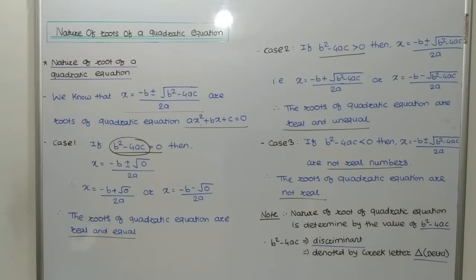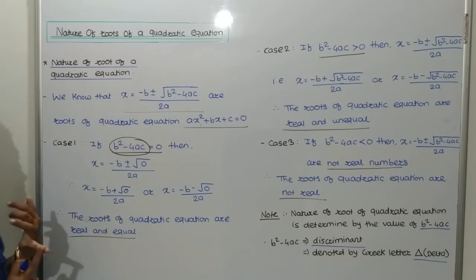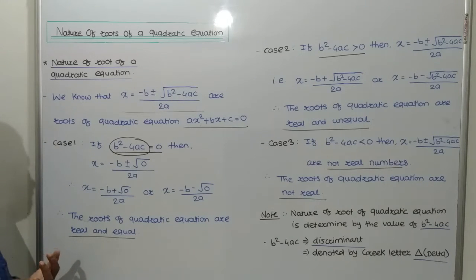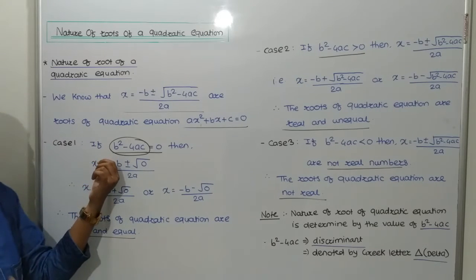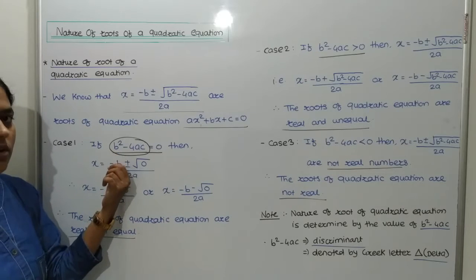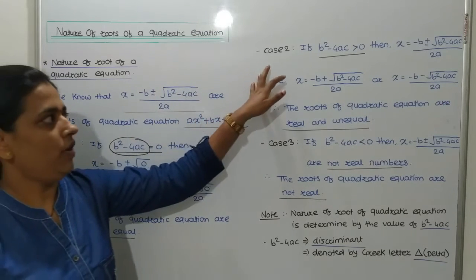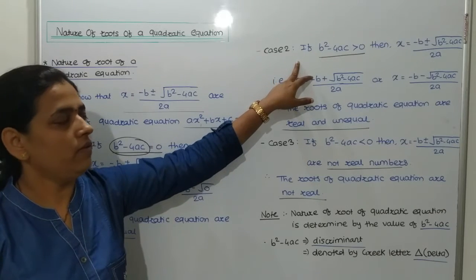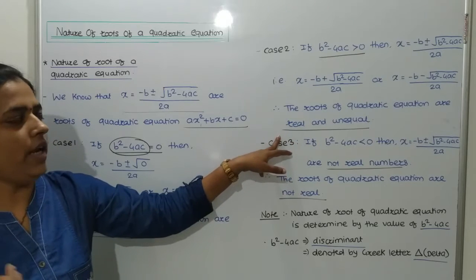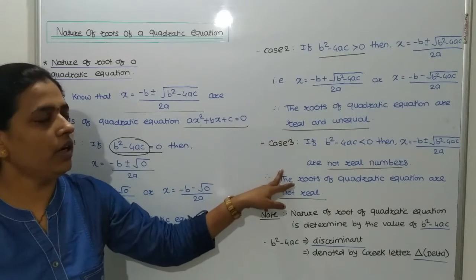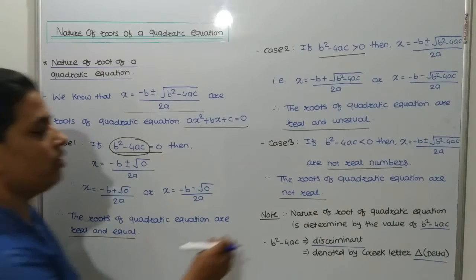What we have to study up to this point are the three cases when we talk about the nature of the roots of a quadratic equation. In the first case, b square minus 4ac is equal to 0, then our roots are real and equal. In the second case, b square minus 4ac is greater than 0, then our roots are real and unequal. In the third case, b square minus 4ac is less than 0, then our roots are